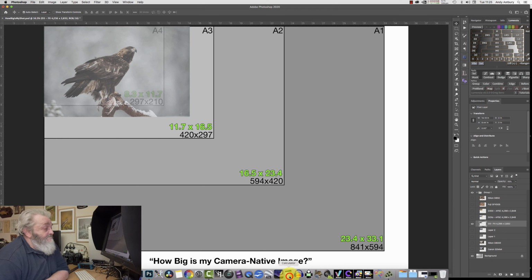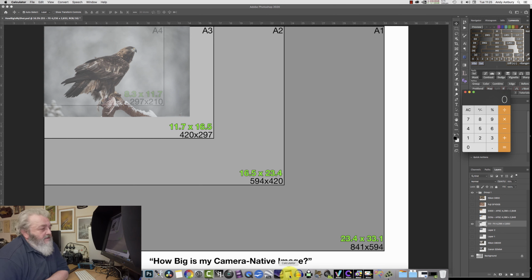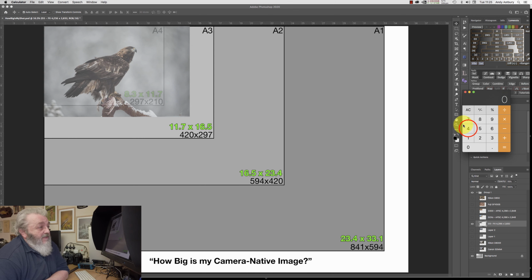So if we go and pull up a calculator and we go 4,256 divided by 1.4, I can't remember what, but I think it's 1.417 actually, but anyway we'll just call it 1.4, equals 3040. So pretty much the actual resolution of the file that came off a D3 camera,